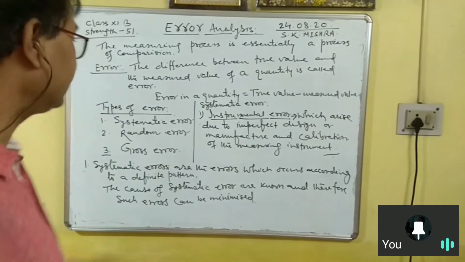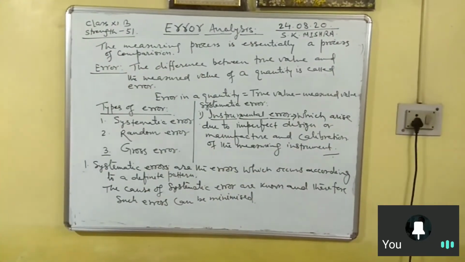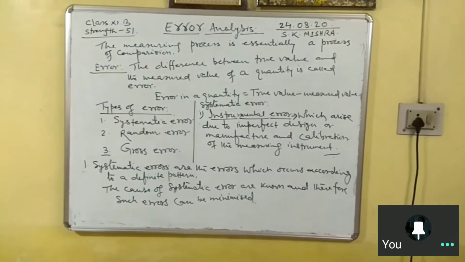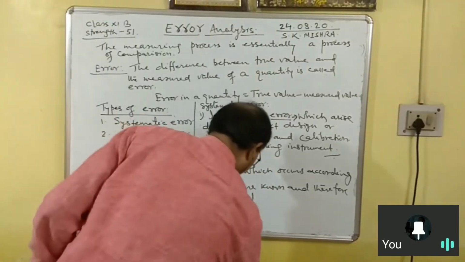Now the second type of error, should I rub this upper part? Take the snapshot, taken, snapshot taken. Okay, now the upper part is